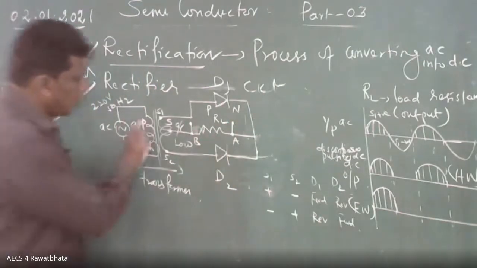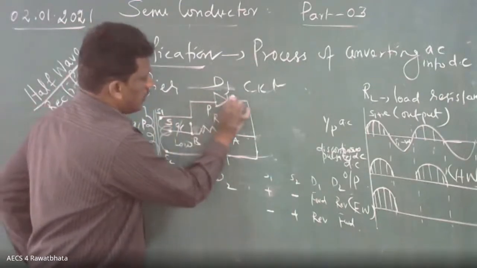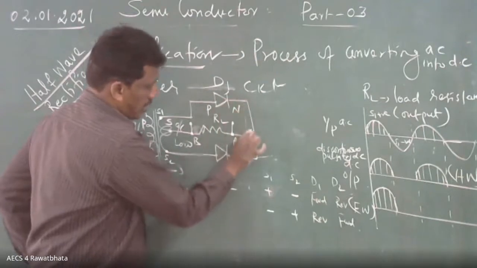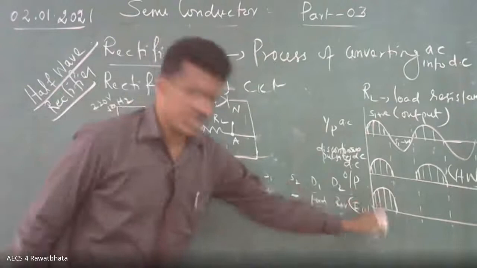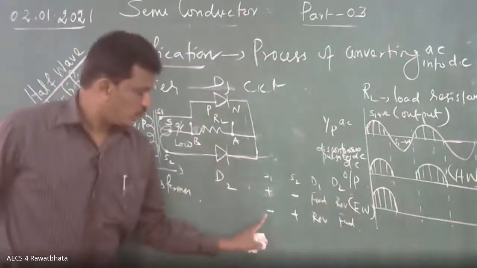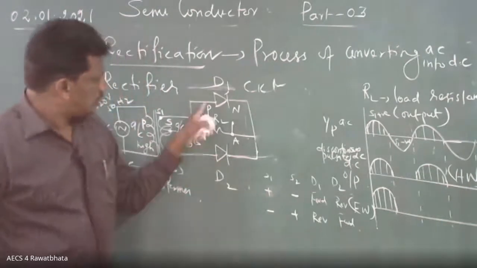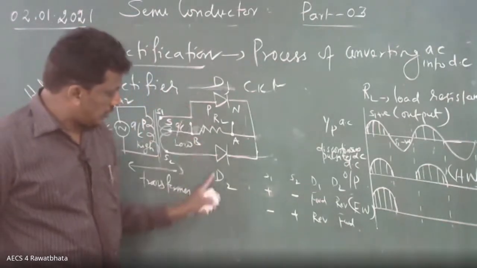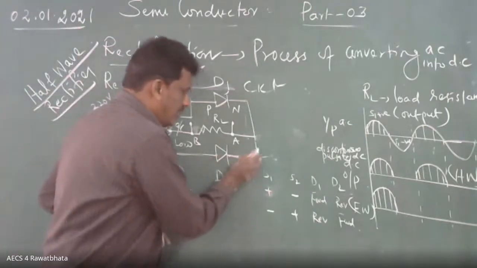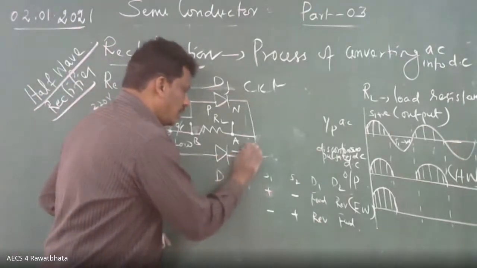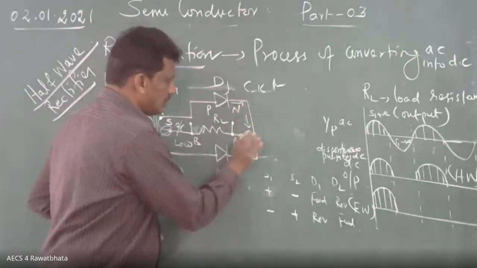Listen, suppose what will happen? Yes, first case, current will flow through D1. So here, where is it coming? A to B. So A to B, you got the output here. Next case, S1 negative, S2 positive. So this will be reverse bias, this will be forward bias. Now the current through this, see, current enters. Previously what happened? Current through this.